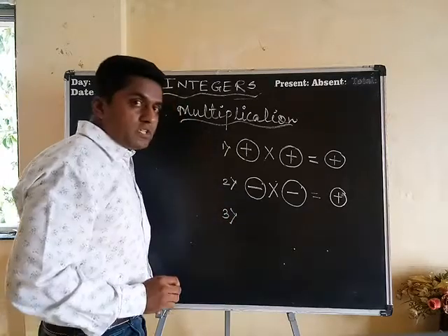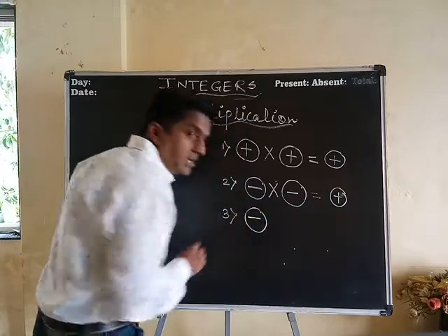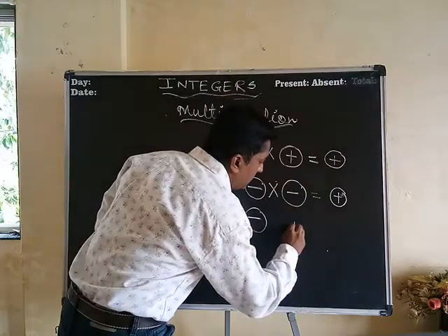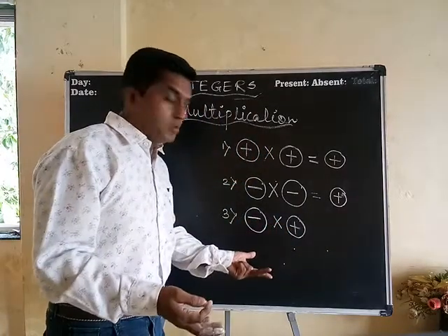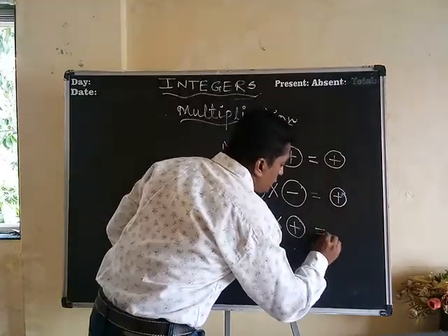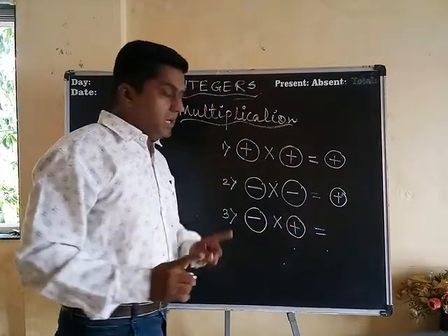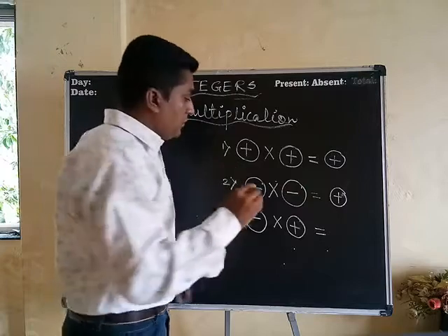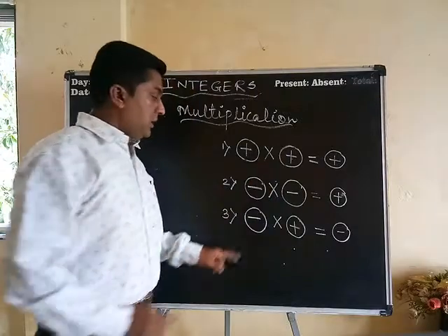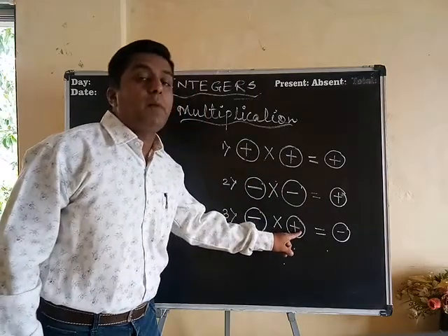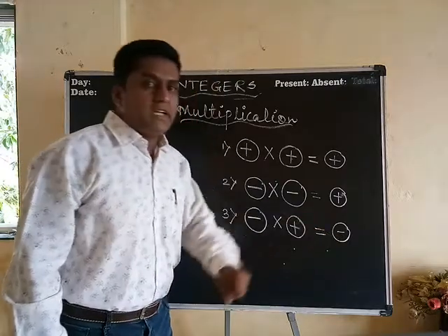Number 3. The third rule says that if two numbers have opposite signs, here the two signs are opposite, I am taking negative and positive. These two signs are different. Now what are you supposed to do? Multiply the given numbers. After multiplying, give the answer a sign which will compulsorily be negative. It is a rule. Multiply both the numbers which have opposite signs. After multiplying them, compulsorily give the answer a negative sign.